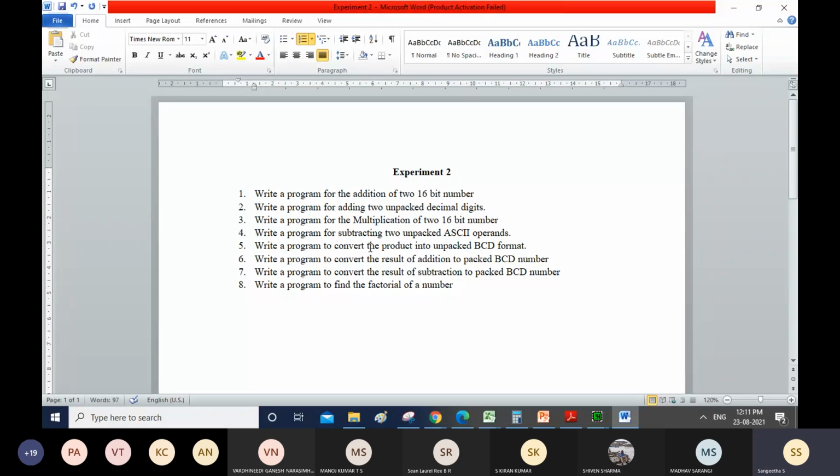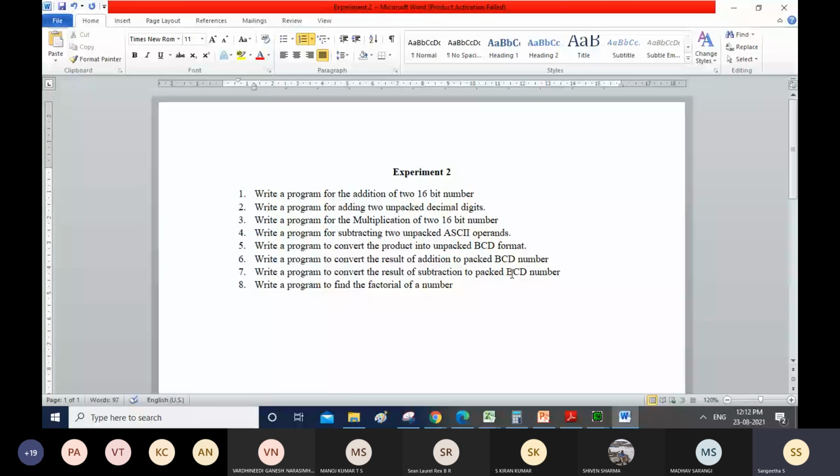For the fifth one, you have to convert the product into unpacked BCD format. Here you can use AAM, since the product is the result of multiplication, which you have to express in unpacked format. Then write a program to convert the result of addition to a packed BCD number.